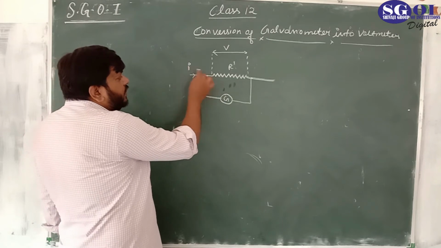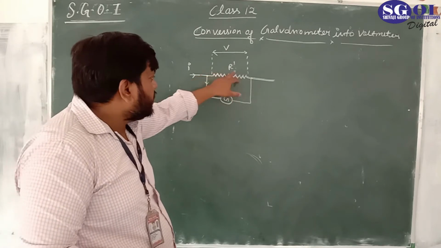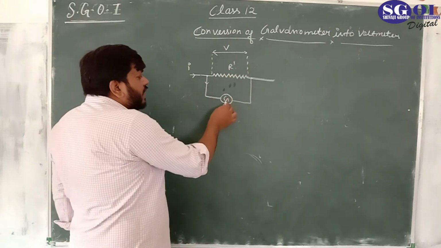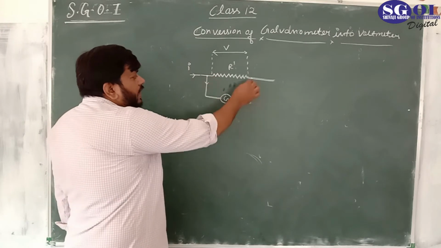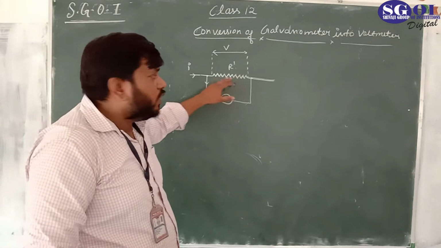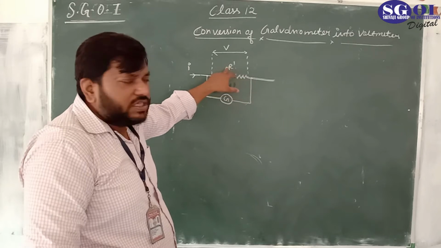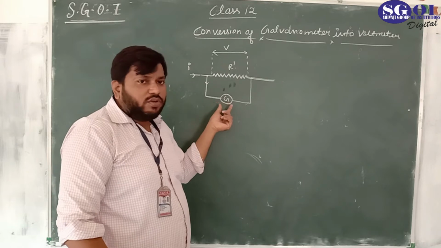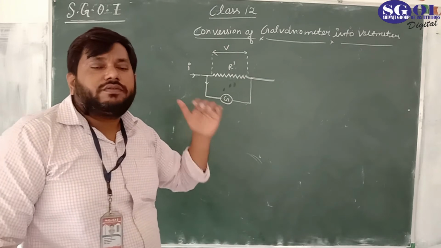So the current I which was only flowing in the resistance R dash would not flow entirely in the resistance R dash after applying the galvanometer in parallel. Some amount of current would go through the galvanometer, and the current flowing in the R dash would reduce from its initial value, which is I. It means the reading of the voltage across this resistance R dash would not be the same as V. So the deflection produced in the galvanometer would give a voltage which is not V, which is lesser than V.